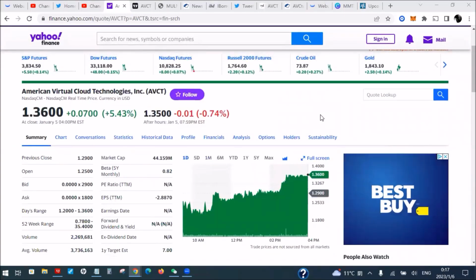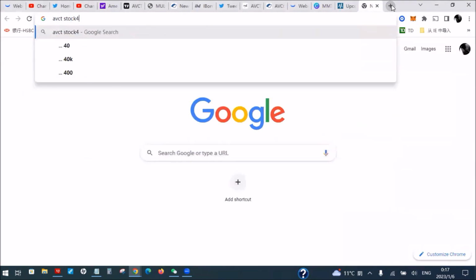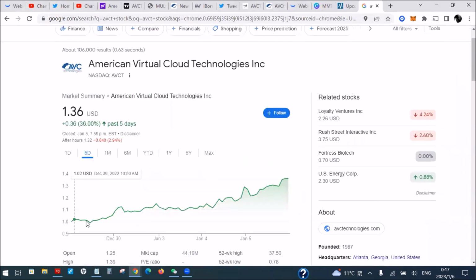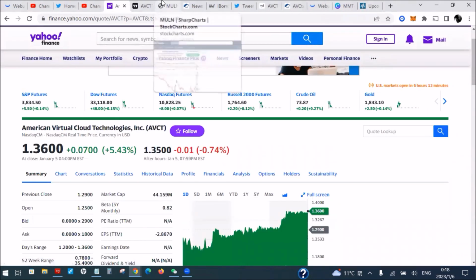We're going to talk about AVCT, one of our old friends. Been running up really nicely here for AVCT. Was actually having a red day and reversed that, so going absolutely strong here. Change of things because before it was hard to hold gains, but now it's doing a straight line up 36% over the last 5 days here. And if we actually stretch it a bit further, about 50% here since about December 20th, running nicely to the